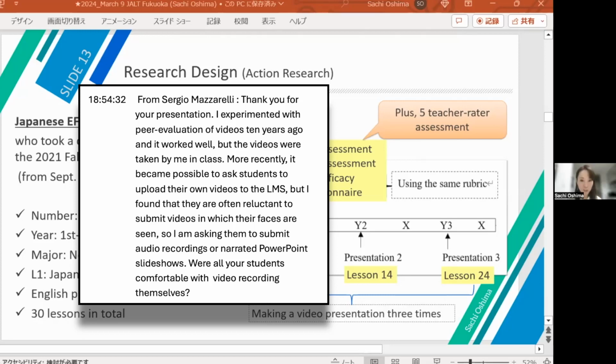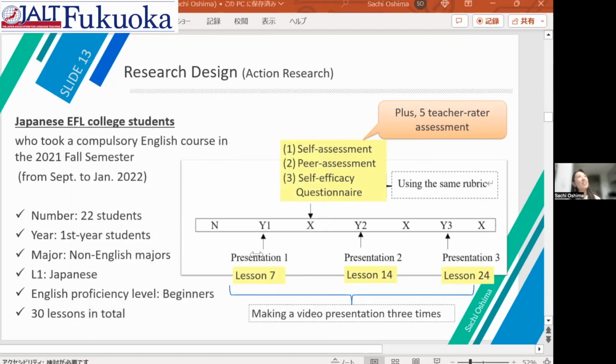Thank you very much for asking me this. I shouldn't say this, but in my generation, if my teacher asked me to take a video, maybe I would feel reluctant. But my students' generation seems a little bit different. They are familiar with YouTube, they're familiar with TikTok. So when I asked them to show their face,